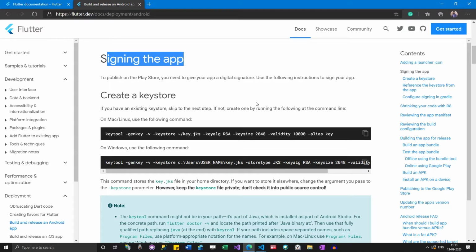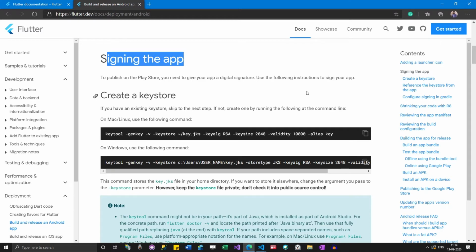You need to store it privately, just to ensure that nobody will overwrite these files or steal some information. So you need to store that information safely, and then you have to follow this procedure to get your app released.